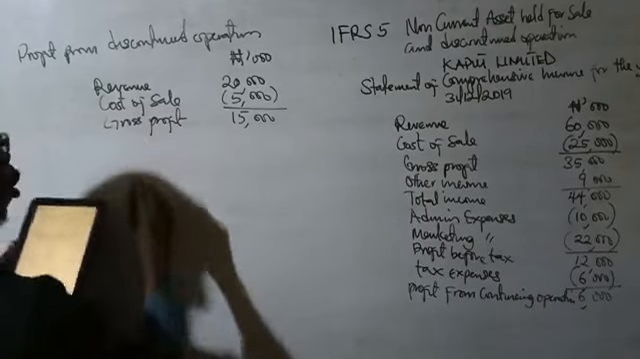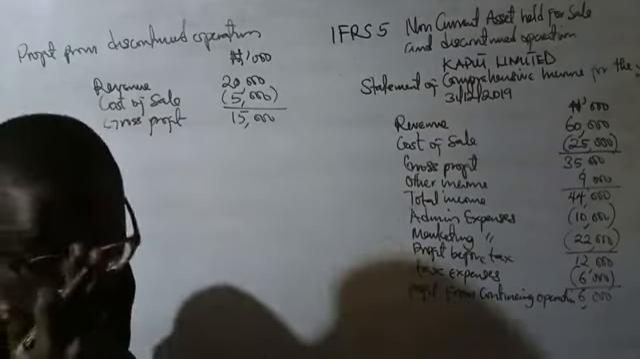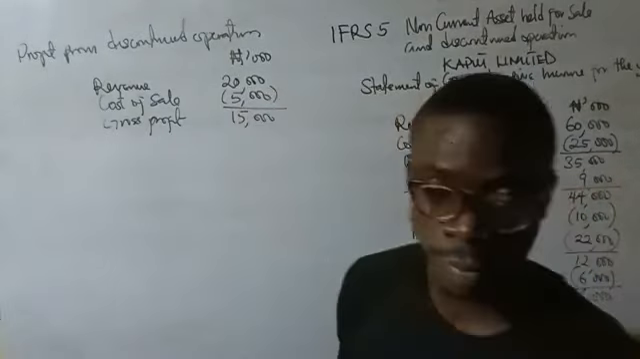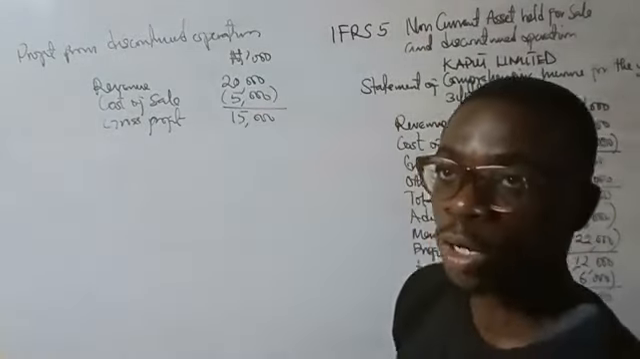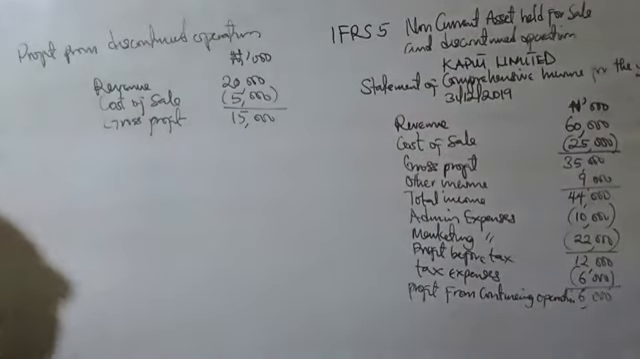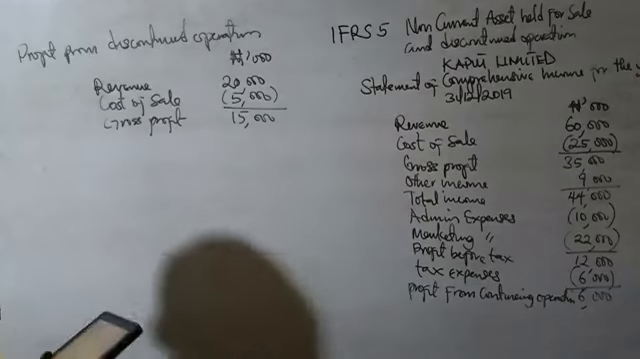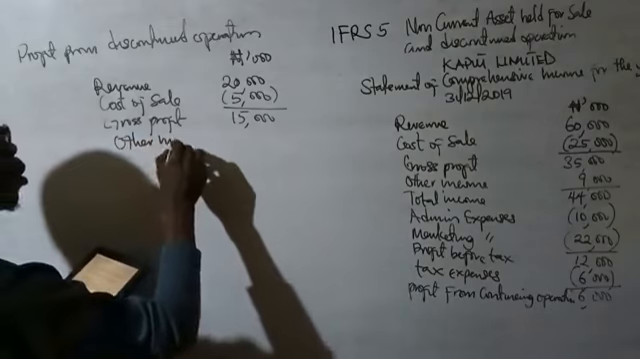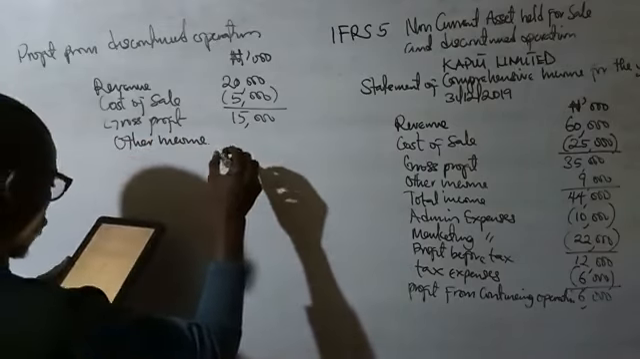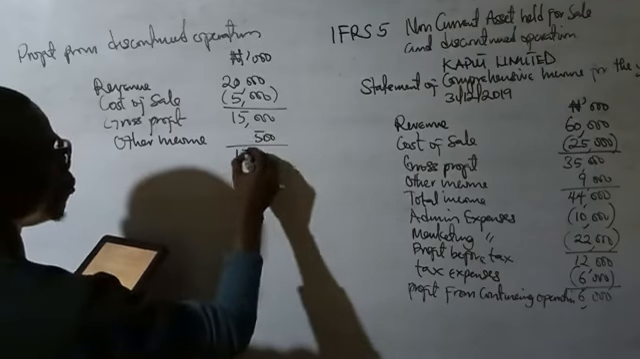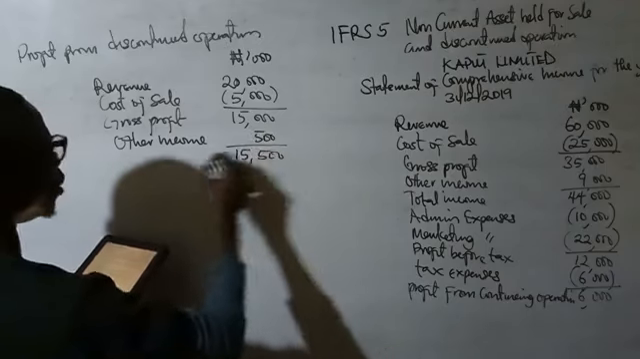Now, because that brand they have closed has generated revenue for that year, even though they have closed the operation, it has generated revenue before they closed it. So it needs to be accounted for separately. So what are the other income? You have other income of 500. So you had 15,500. That's the total